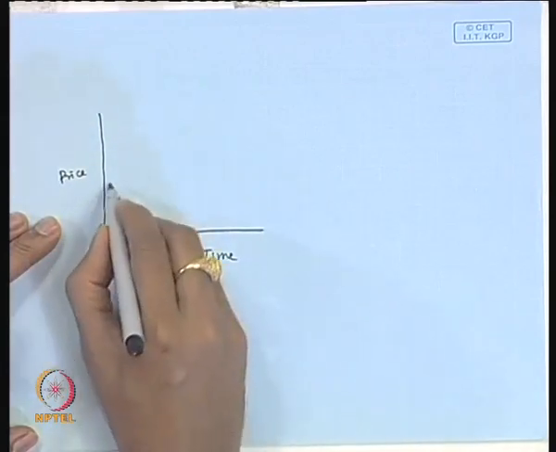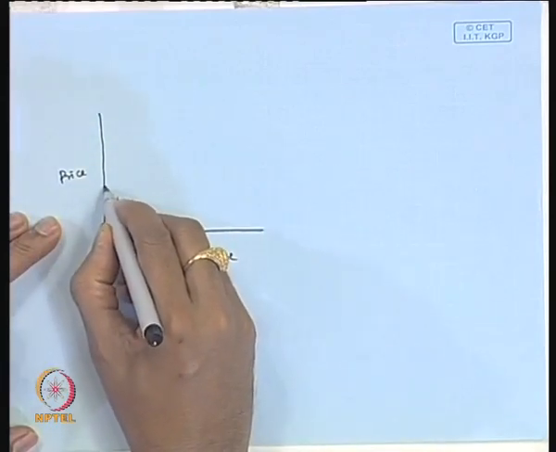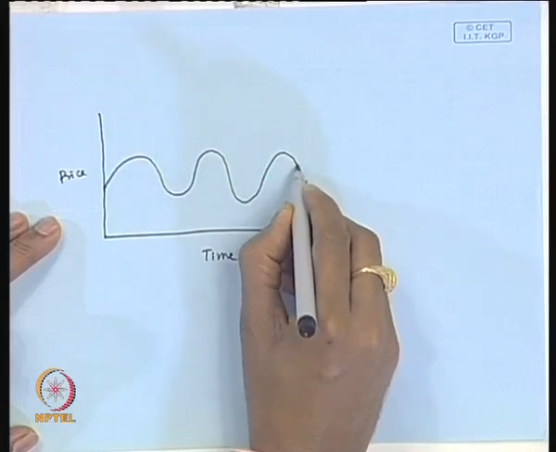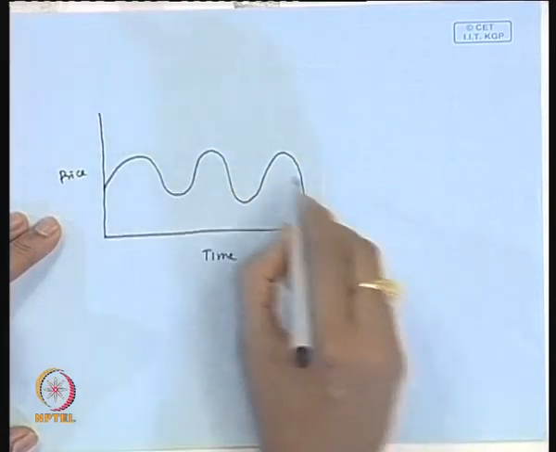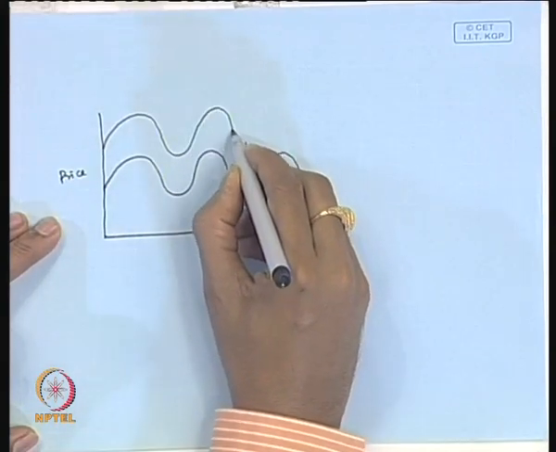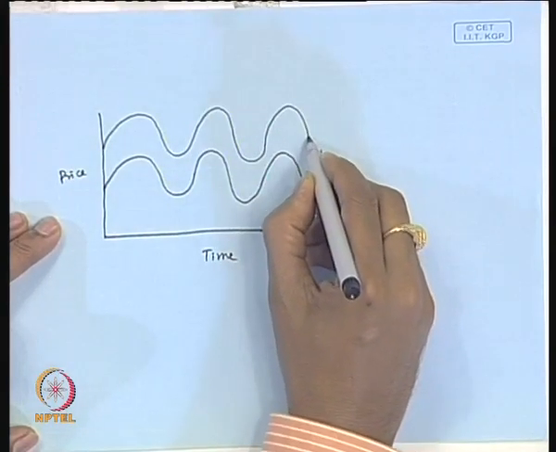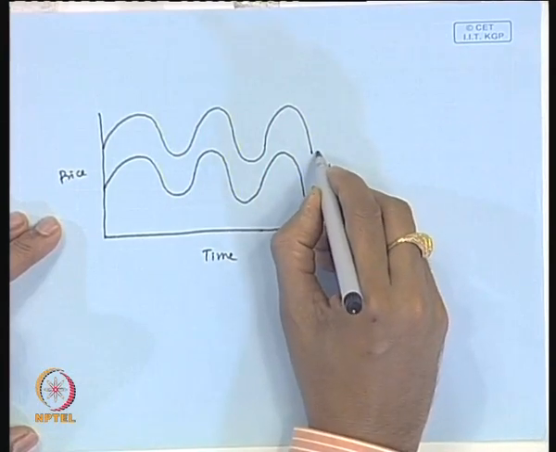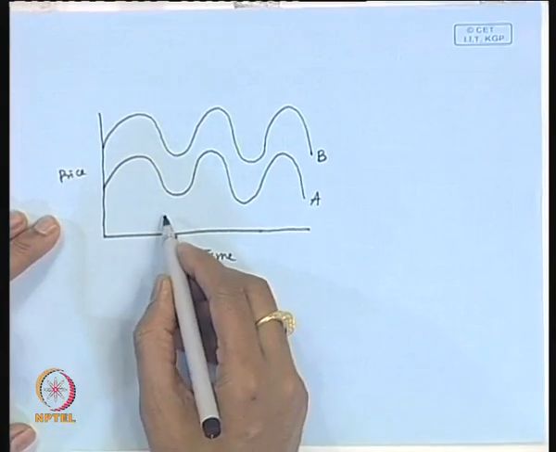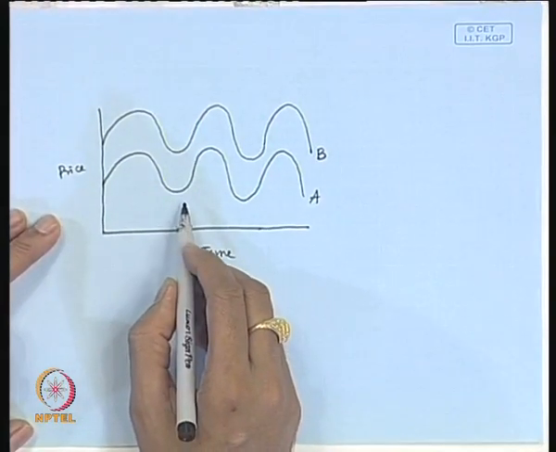So, if you have an asset called A which is moving like this, and you have also an asset B which is moving like this, almost parallel to asset A,